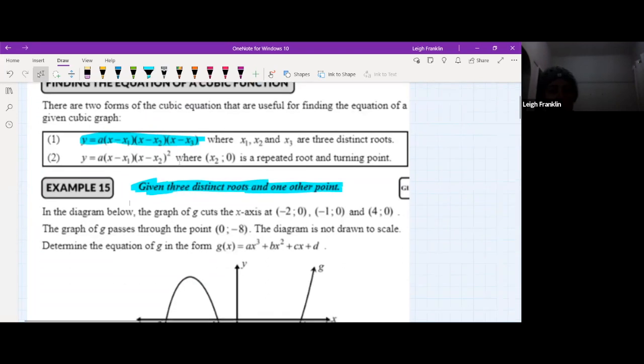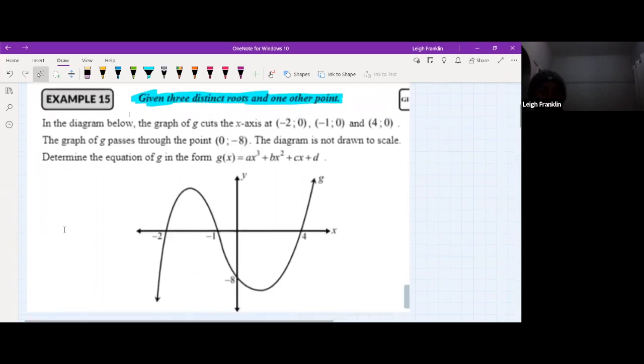In this question, they tell us in the diagram below, the graph of g cuts the x-axis at -2, -1, and 4. It also passes through the point (0; -8), that's its y-intercept. The diagram is not drawn to scale. Determine the equation of g in the form g of x equals ax cubed plus bx squared plus cx plus d. So when we are given three x-intercepts that are distinct,